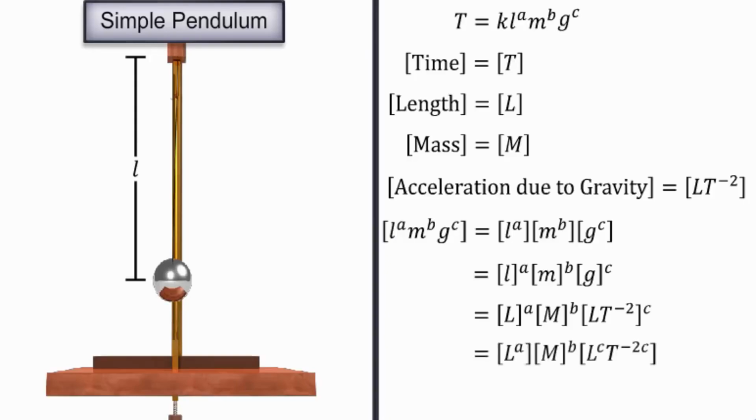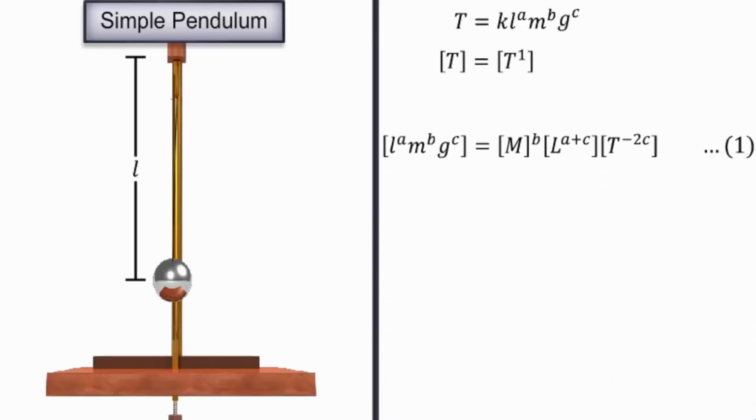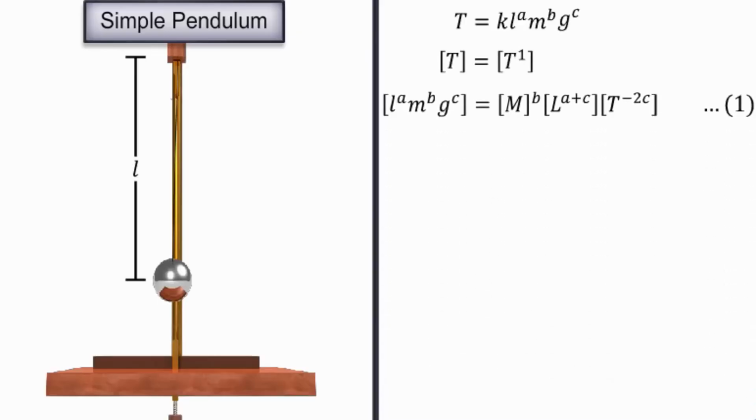Let this be equation 1. The dimensional formula of the quantity on the left side of the equation is as shown. As we do not have the term for M and L on the left-hand side of the equation, we take their powers to be 0 as shown. Let this be equation 2. Equating equations 1 and 2,